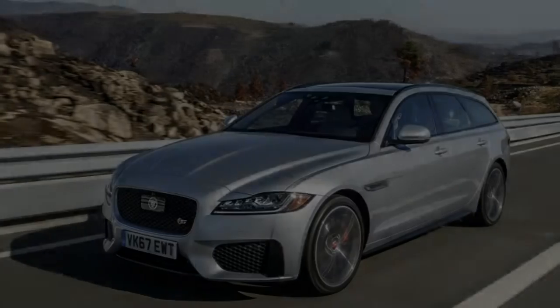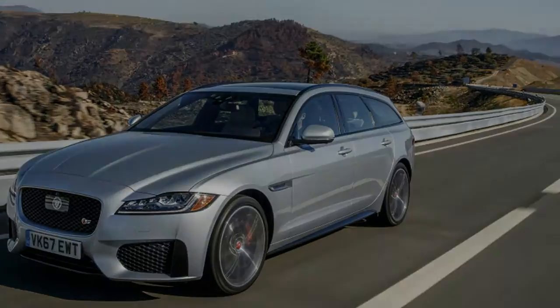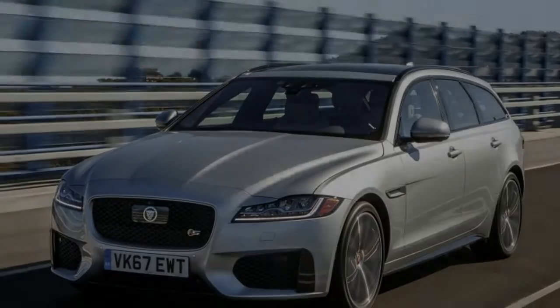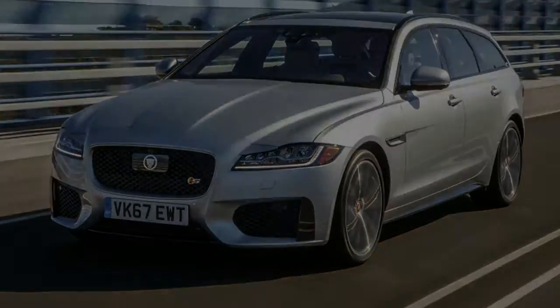The 2018 Sportbrake is a wagonized version of the second-gen XF sedan that arrived in 2016. While the first-gen model only offered a wagon variant for the European market, the new Sportbrake is a global vehicle that brings a more streamlined, aluminum-intensive architecture to the table and finally gives American wagon lovers the Jag they've been